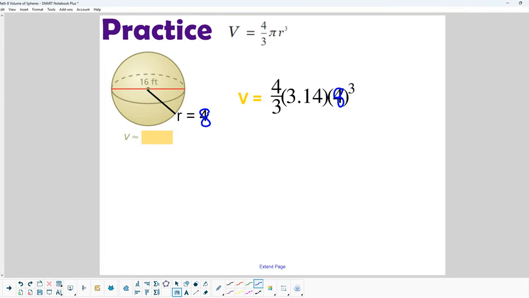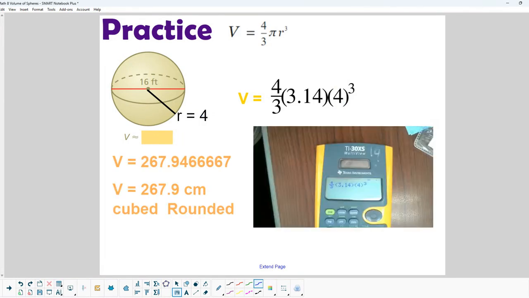So if I go to the next page, I should have put 8 to the third power right there on the calculator, huh? So if I do that, I'm going to do that off screen here. So 4, fraction key 3, parenthesis, 3.14, parenthesis, and then another parenthesis, and then 8 cubed. So this should be 8 cubed. And when I hit enter, I end up with